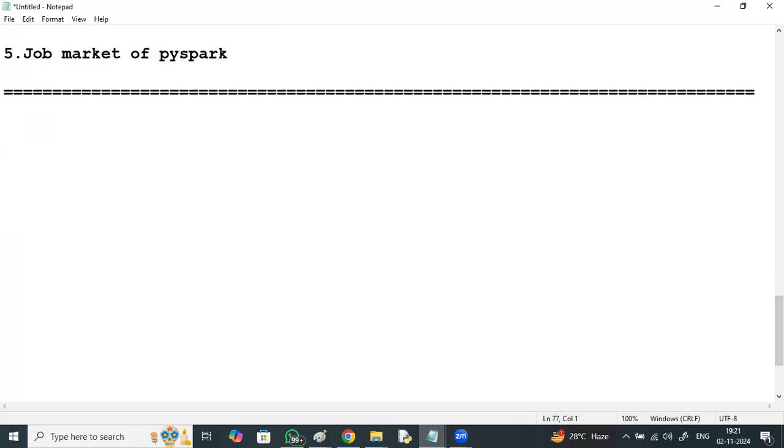So this is what we are going to discuss. It's a big data package available, right? Which includes Hadoop, PySpark, Linux.